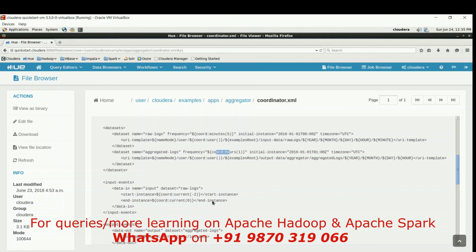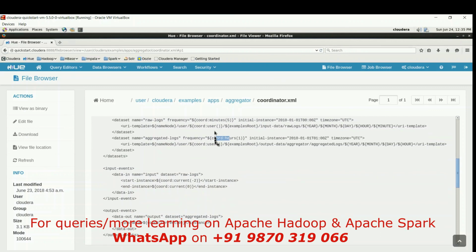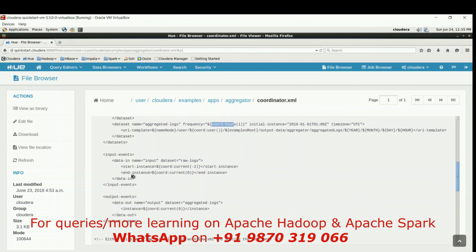It is an advanced part, no need to worry much about it. Basics at least you understand. Every 5 minutes this will check, every 1 hour it will check this. It will check when it will be triggered. It will only be triggered whenever there is an input event. Input event, whenever a raw log comes,